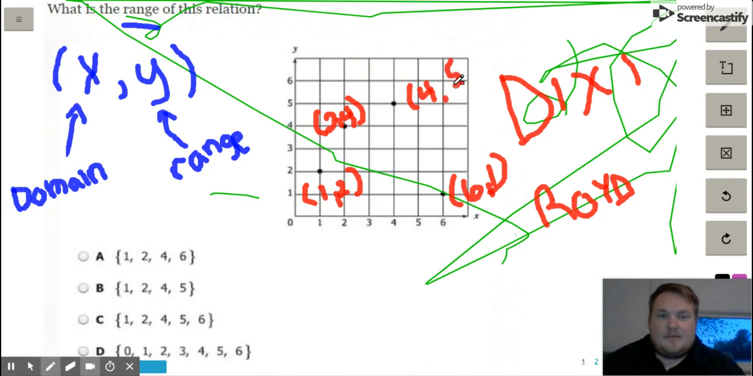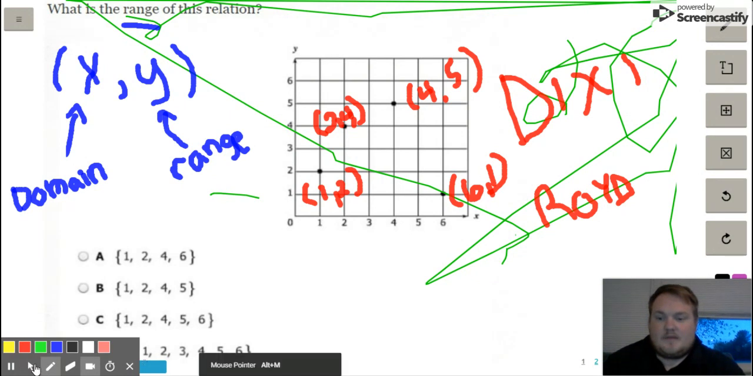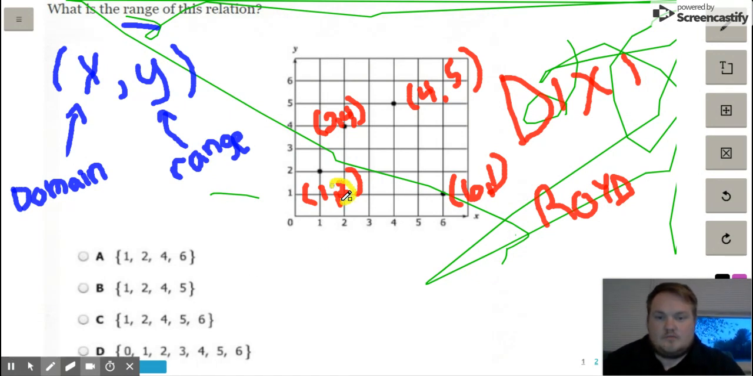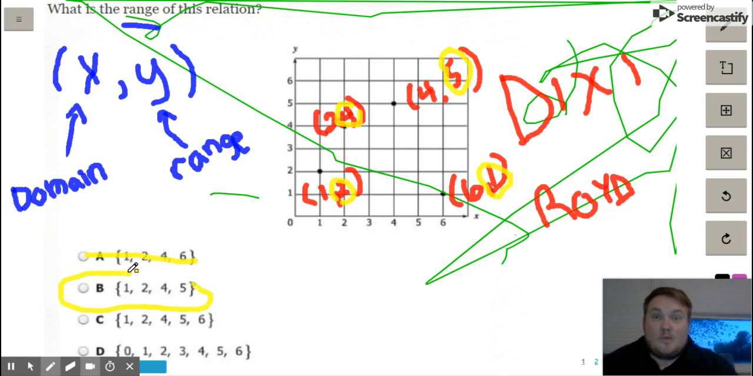So we have to remember that we're looking for range, so that's our y point. And so what we're looking for is a 2, a 1, a 4, and a 5, all the second ones. So 1, 2, 4, and 5. Well, A is 1, 2, 4, and 6. We're not looking for that. B is 1, 2, 4, 5, and that is what we are looking for. So that will be our